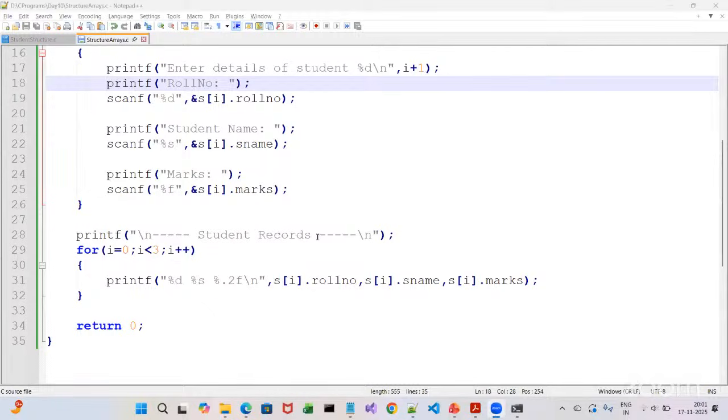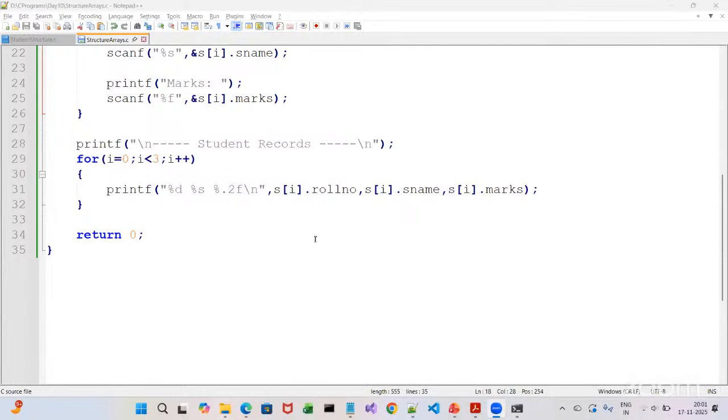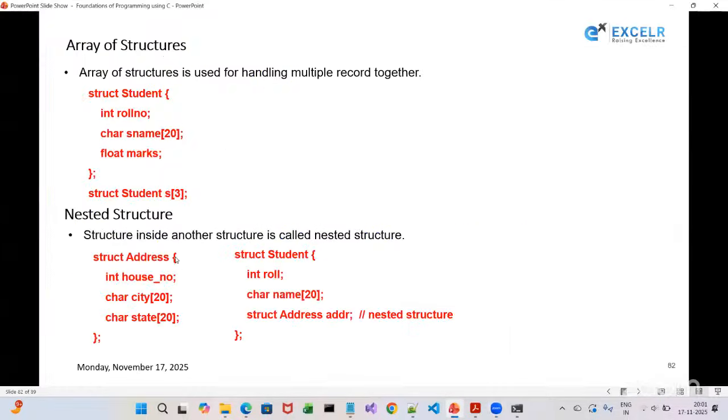Okay. So let us now continue to the next topic. Now coming to the nested structure. Now look here. What does nesting mean? We already did it previously. Now, if you see, this is the structure address created. There is house number, city, and state. Correct. Now, this address is used in another structure, which is a student, or we can take an example of